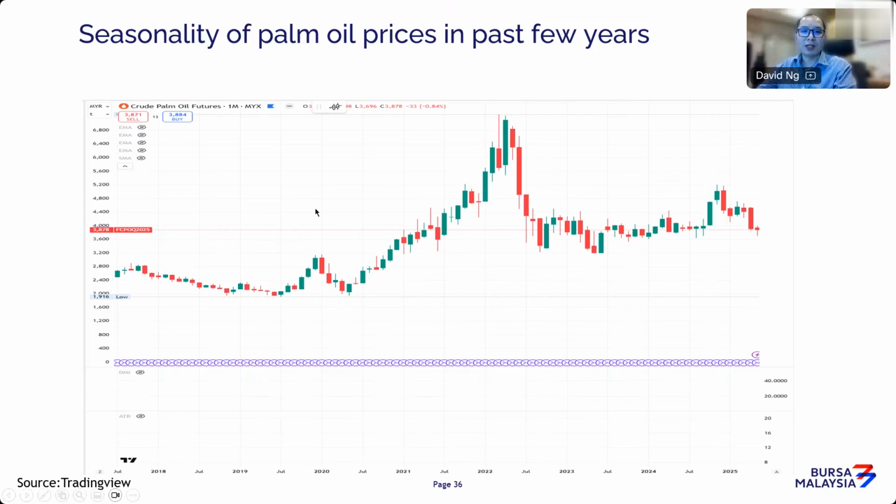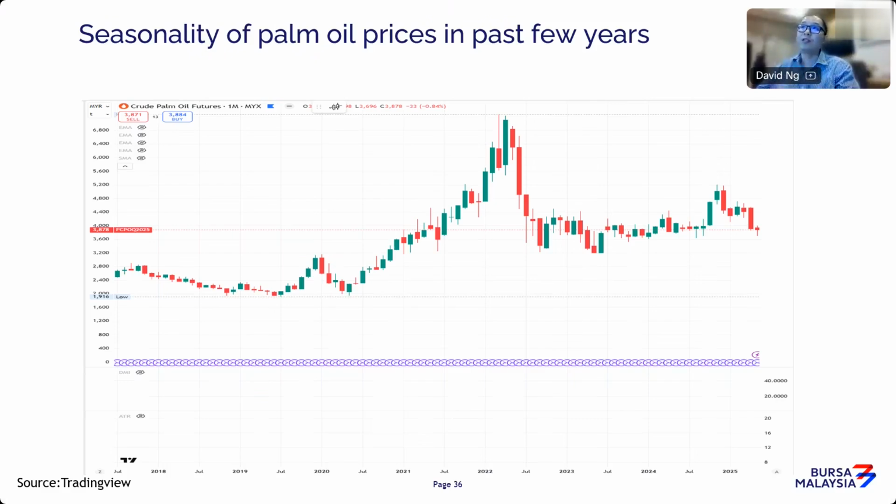Now, just look at the seasonality of palm oil over the past couple of years. One thing to take note of is that palm oil prices have actually been holding very well above the 3,500 mark. Keep in mind, if you look at the historical perspective of where palm oil prices have been over the past 2 or 3 decades, every 10 years it shows a progression upwards in terms of where prices have been trading. So it tells you that in certain ways, the cost of producing palm oil is no longer cheap, and it goes higher and higher on a year-on-year basis.